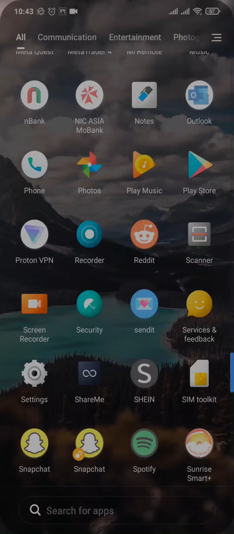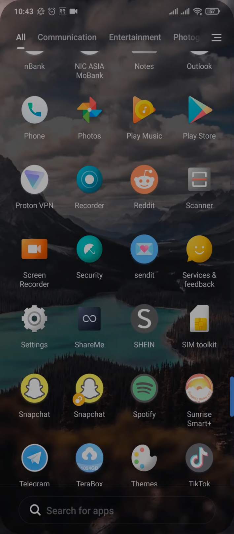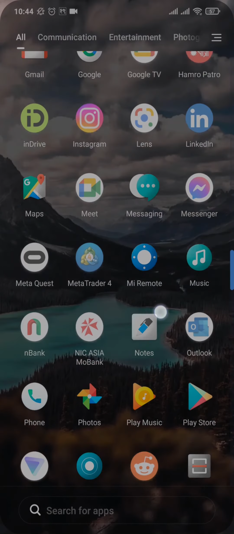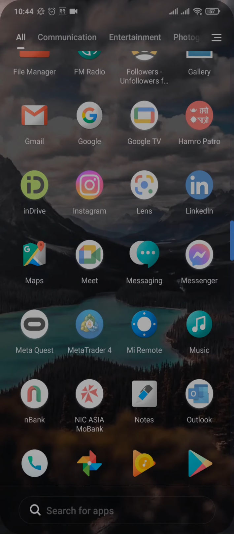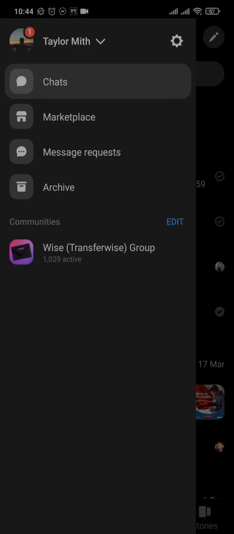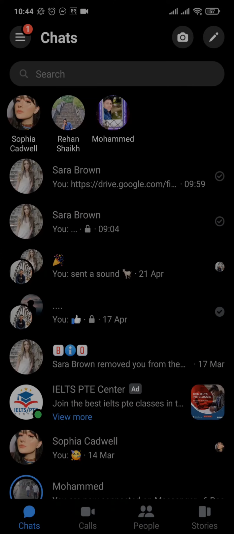In this video, let me show you how to turn on admin approval in a group chat on Messenger. Whenever you turn on the admin approval, other people cannot be directly added and the admin must approve other people so that they can be added to the group. So if you are the admin of a particular group on Messenger, let me show you how you can turn